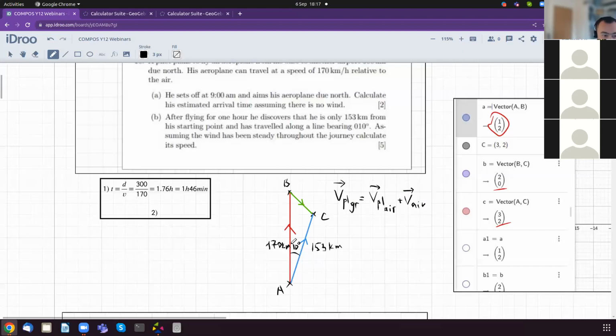You can see that this is the speed of the airplane, this is the speed of the wind, and this is the ground speed, basically, from A to C. All pilots know that you have to take wind into account when you're flying, and it used to be